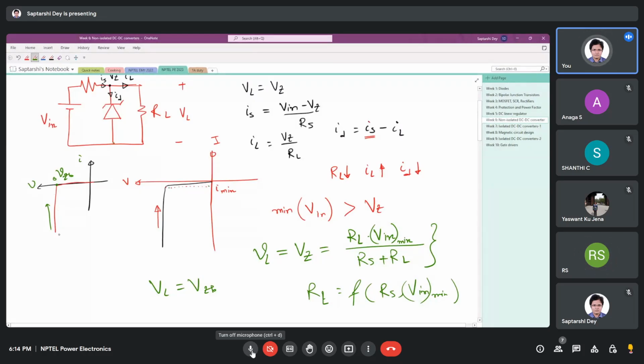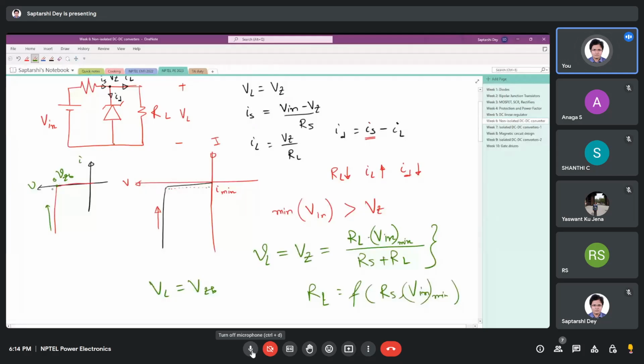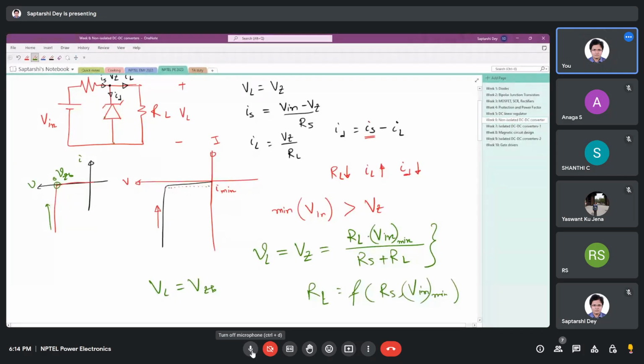Taking this rectangular characteristic of the Zener, at the maximum load, what is happening? The Zener is operating here. It is not carrying current through it. You can see the Zener is not there. So if the Zener is not there,